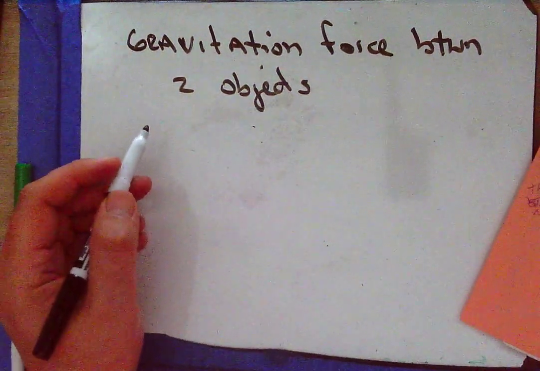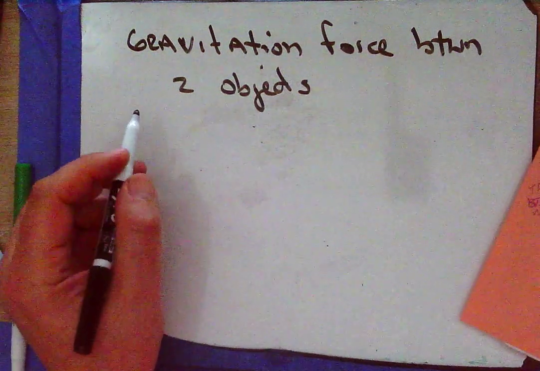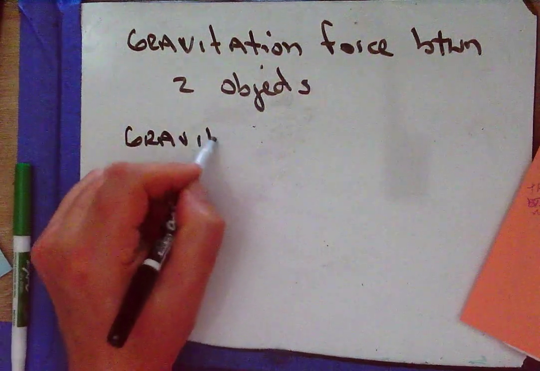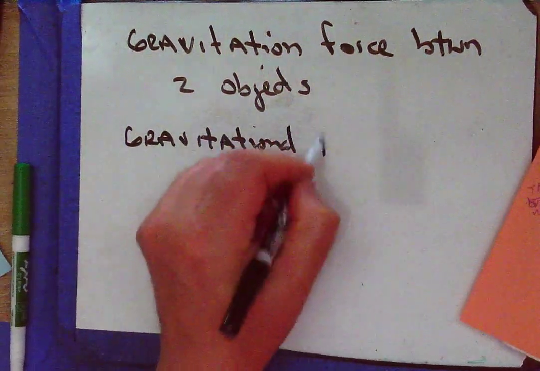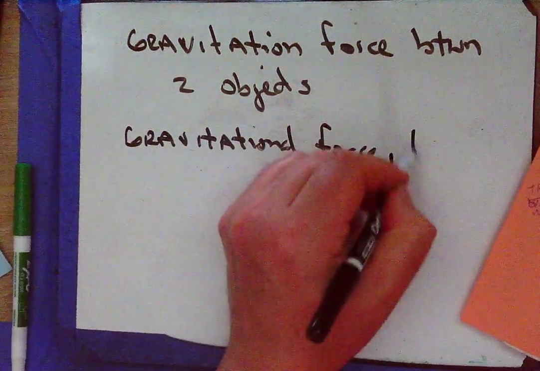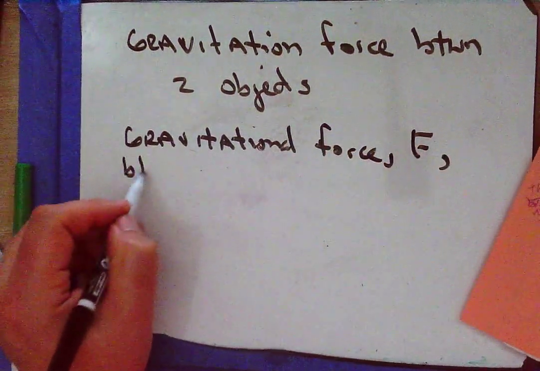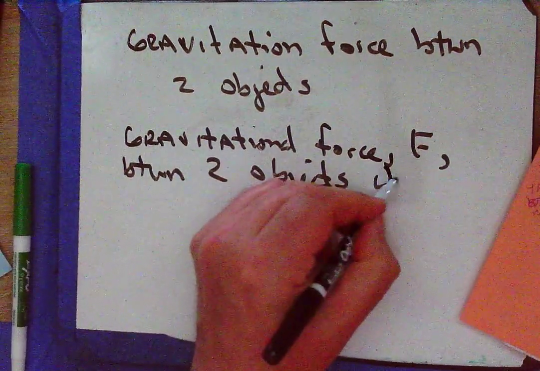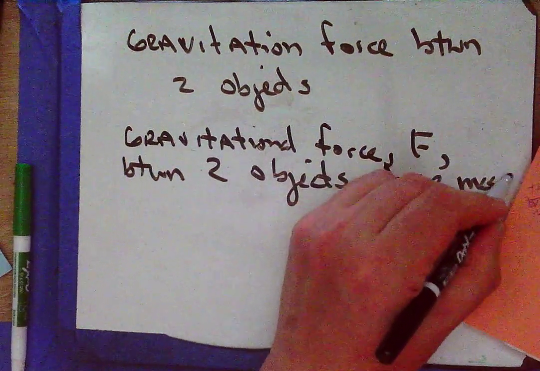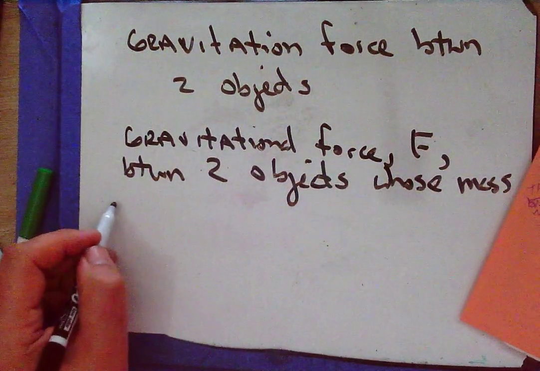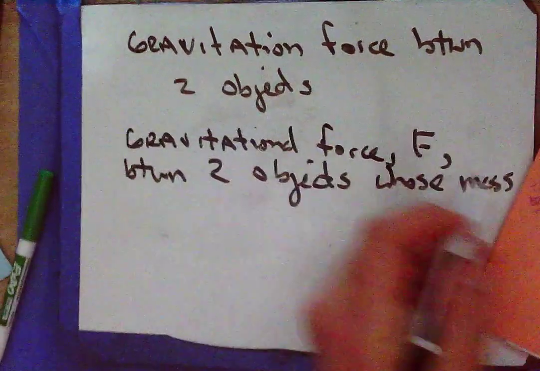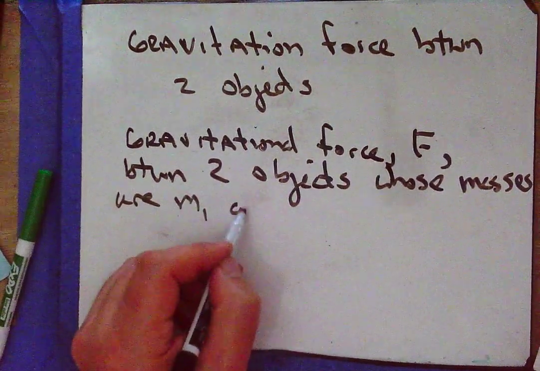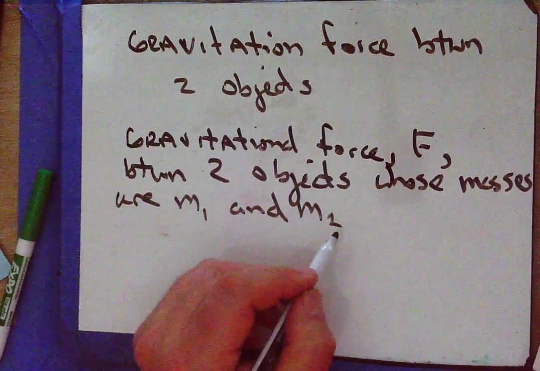So, this is a 21, 22-year-old Newton who created this little ditty. He said that the gravitational force F between two objects whose masses, I guess, because there's two of them, are m1 and m2,